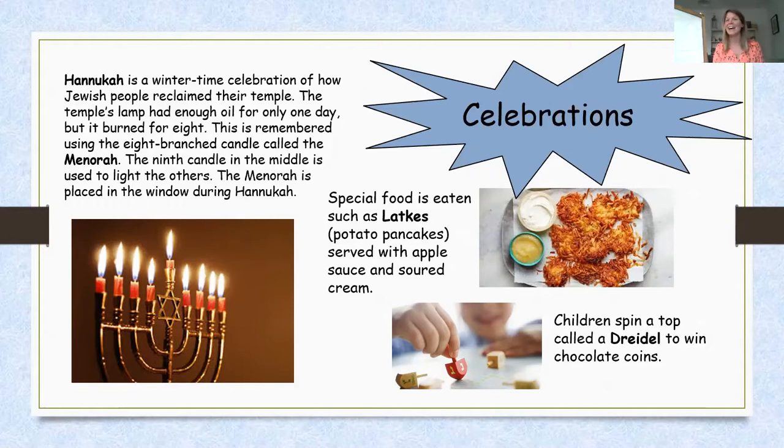And again, as with lots of the other celebrations we've looked at, food is a big part of the celebration and a big part of Hanukkah. Now, this is something I would like to try. There's a special food that's eaten. Now, I think I might say this wrong, but I think it's called latkes. And they are potato pancakes. And you can see here they've been served with an apple sauce and sour cream. Now, to me, that sounds delicious. So I am going to be finding myself a recipe for these potato pancakes and seeing if I can make